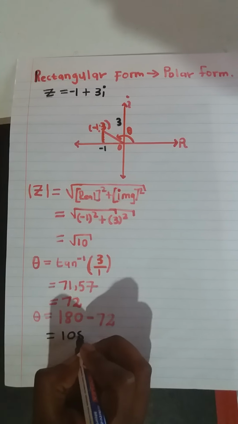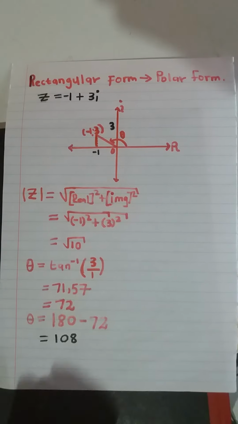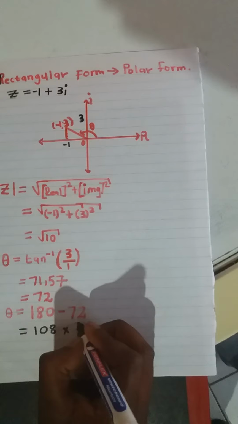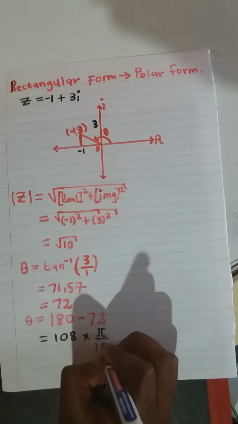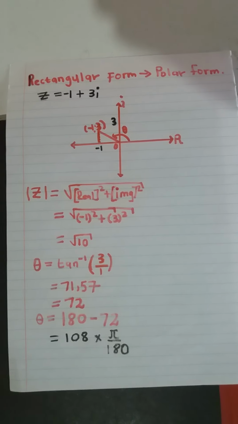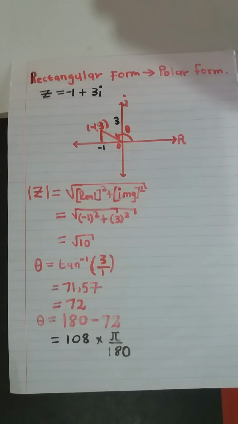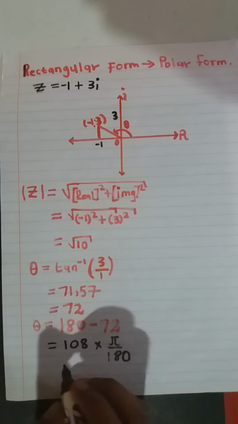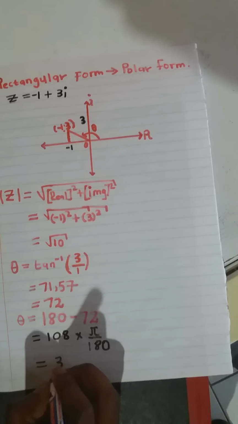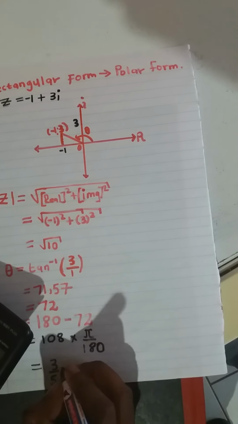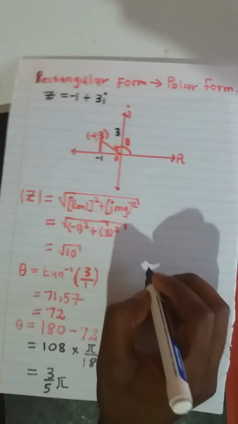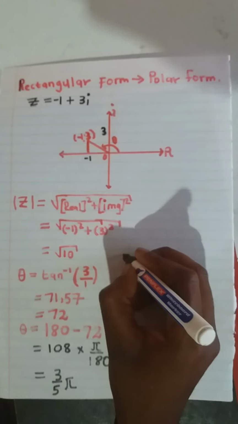108. Okay, so this 108, we are going to convert it to radians, then we multiply by pi over 180. So we're going to say that, and then we get our value, which is 3/5 pi. And when we write our rectangular form equation in polar form, it is going to be z is equal to,